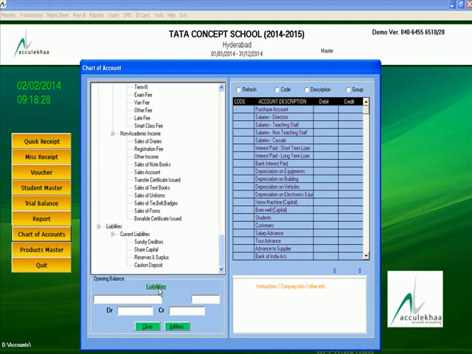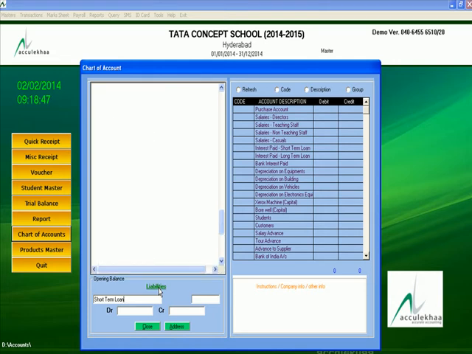In this I am mentioning short term loan.